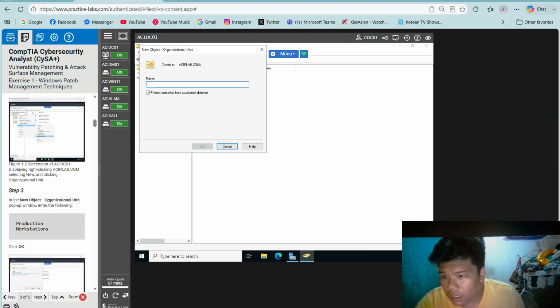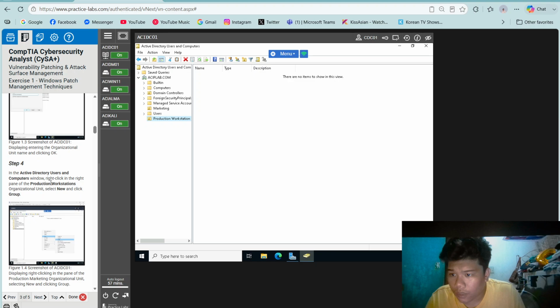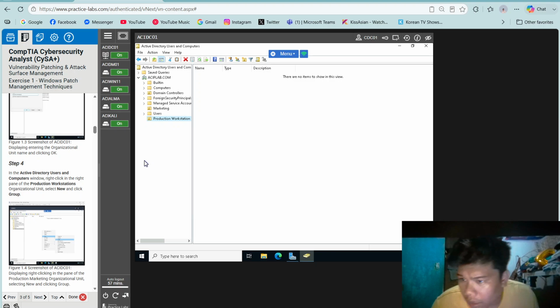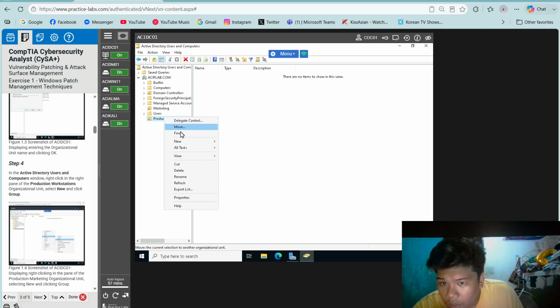Step 3, in the New Object Organizational Unit pop-up window, enter the following: Production Workstation. Click OK. Step 4, in the Active Directory Users and Computers window, right-click in the right pane of the Production Workstation Organizational Unit, select New, and click Group.